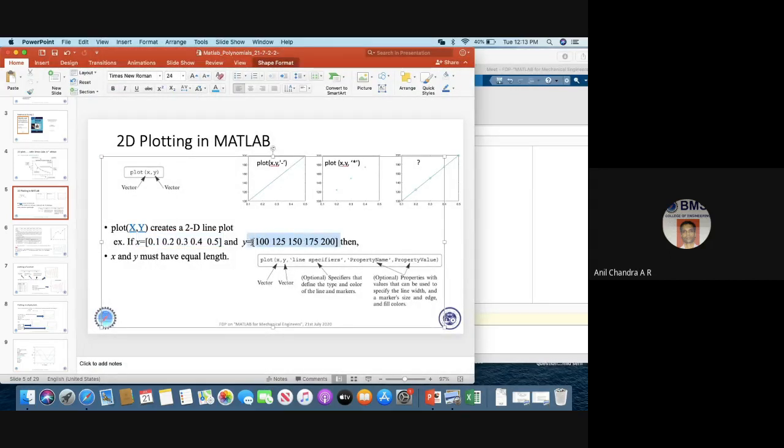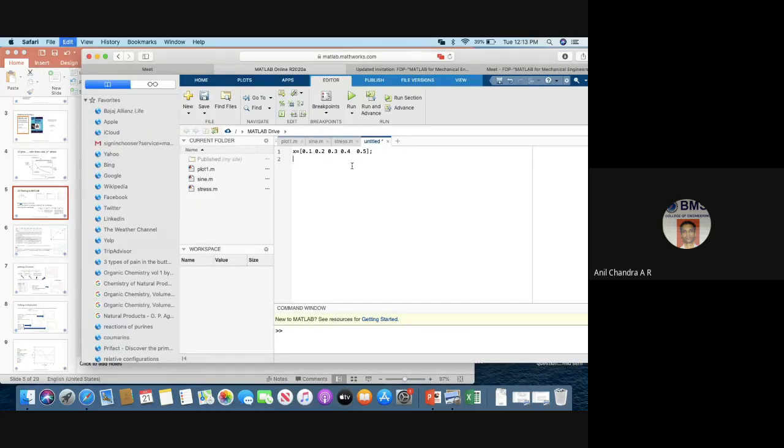Please try it along with me. My slides are less and time is sufficient. So next, what did I do? Plot x. See, it keeps prompting you how you should be entering. That is the beauty of MATLAB, right? So you can read along the other options as well, right?